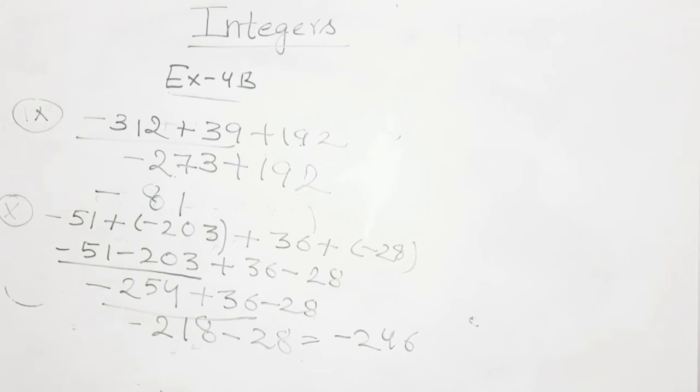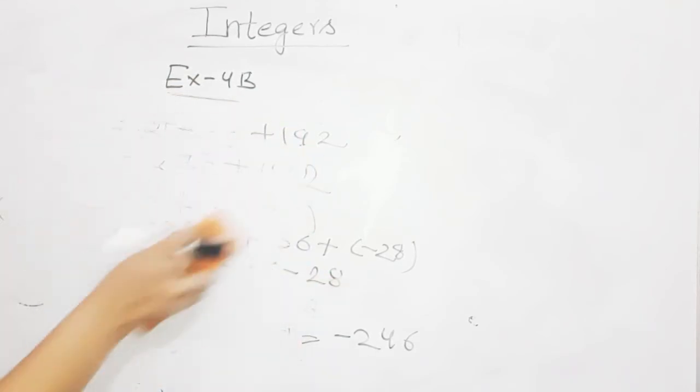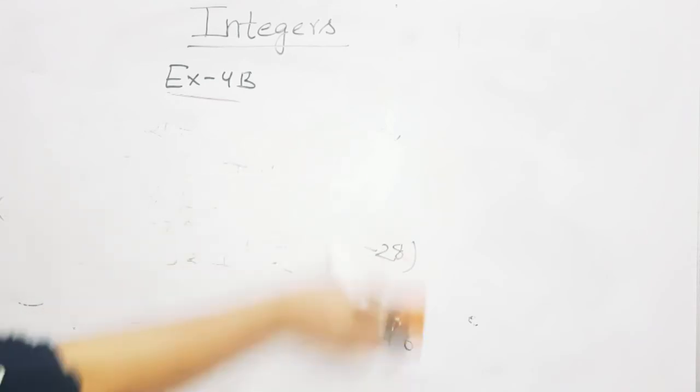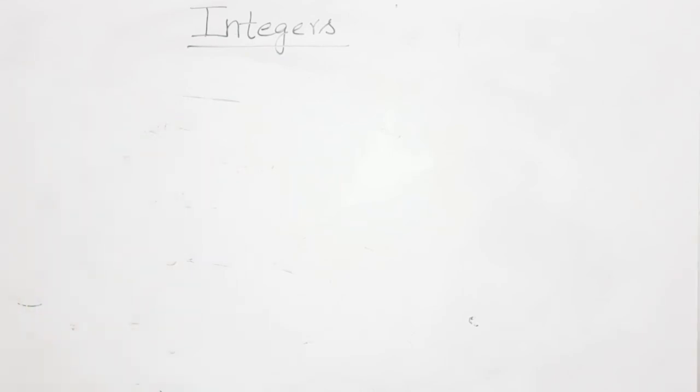ठीक है, एडिशन का कैसा प्रोसेस है? इन्वर्स प्रोसेस. इन्वर्स मीन्स, अगर आप, I have explained you about additive inverse, if you remember. What is the additive inverse of 92? Reply your answers in the comment section. Pause the video, reply your answers. The additive inverse of 92 is -92. Because additive inverse is something which makes the answer 0, right? So subtraction is an inverse process of addition. ठीक है, inverse process है.